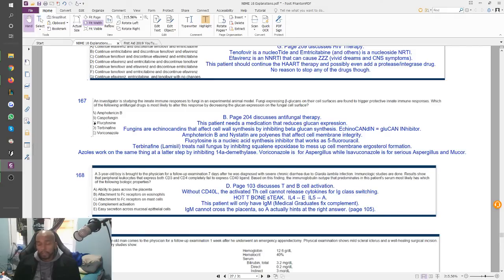If you don't remember where all these medications fall, then you need to study that, right? That means that you need to just stop studying whatever you are studying and memorize this, depending on what stage you're at. If you just start studying, then please keep going with what you're doing. But if you're pretty close to taking your test, go spend a day on memorizing this stuff. It's not that hard at all.